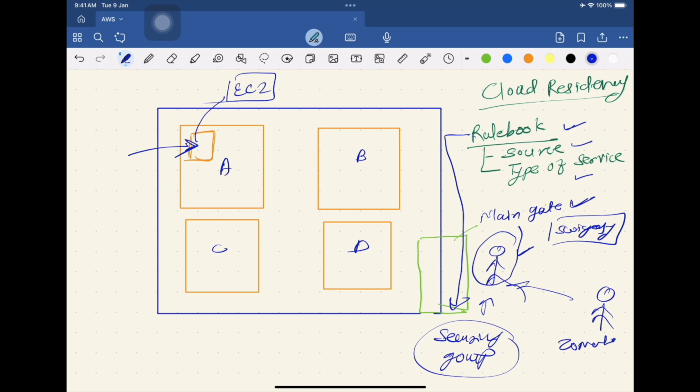Each rule in a security group would have the source as well as the type of the service. In the real life scenario we took an example where the type of service was food. You can consider this type of service as the actual service running on a specific port number.